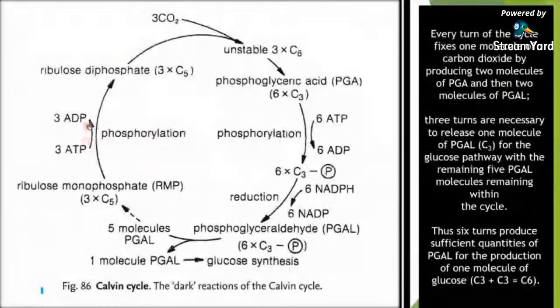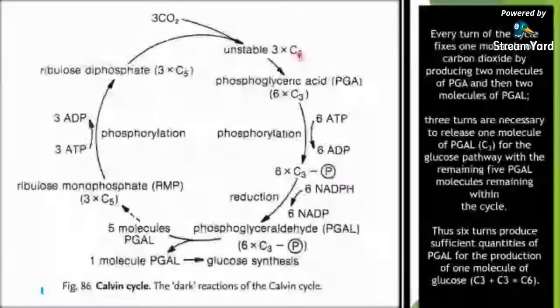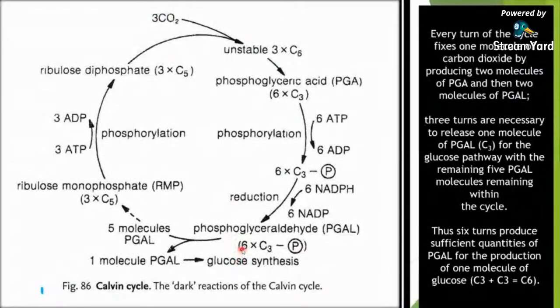by the absorption of inorganic phosphate here. In this way, this ribulose diphosphate, which has a C5 carbon, when it combines with CO2, one carbon increases and it produces the C6 entity. And so that's why they have taken here three molecules of C6. Now, every turn of the cycle fixes one molecule of CO2 by producing two molecules of PGA. It means, as they have given the ratio 3 and 6, molecules of phosphoglyceraldehyde are being